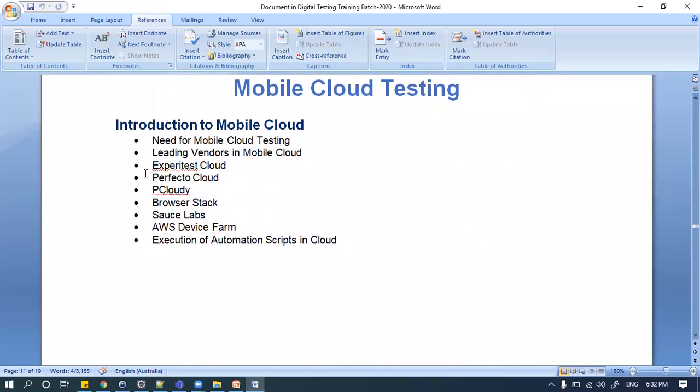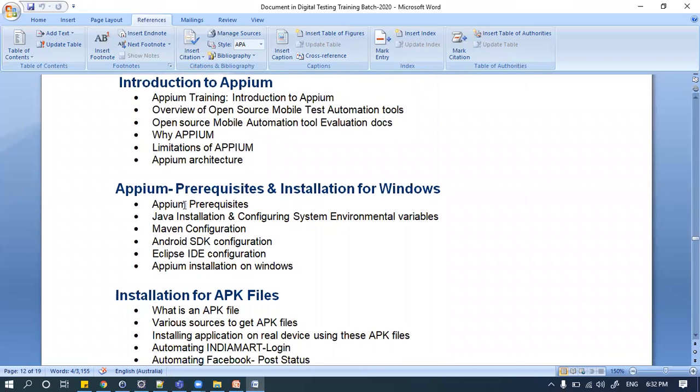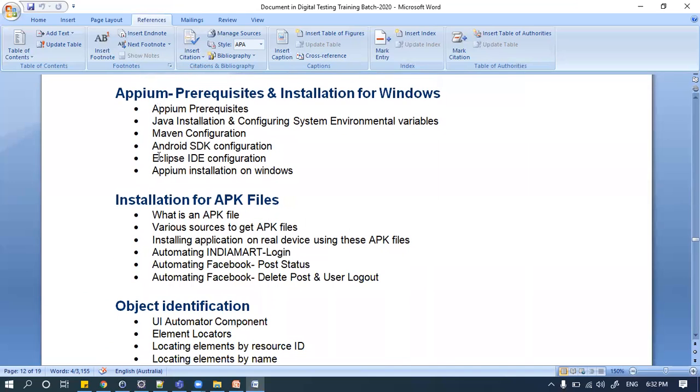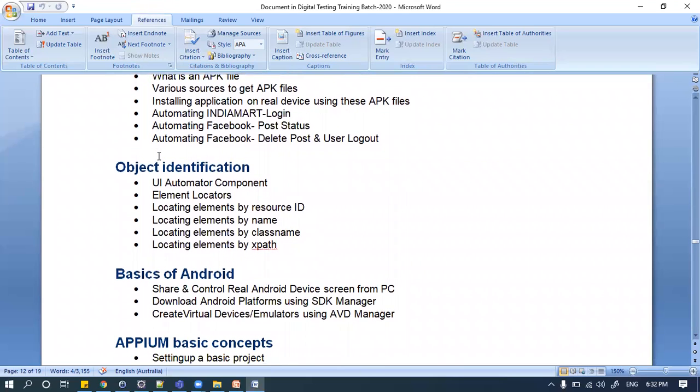We'll see a few clouds, like I said earlier, like Experitest, Perfecto, Pcloudy, BrowserStack, Sauce Labs, device farm, and we'll see how to execute those automation scripts on the cloud and work with different things. Then comes the advanced Appium course. This is the course which will help you set up the software requirements from scratch in your system, and download Android SDK, explaining each and every part of Android SDK and how much is required for an automation tester. Then we will be working with Appium, downloading and setting up Appium, understanding the Appium architecture,